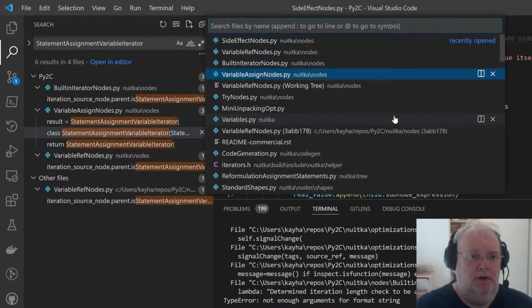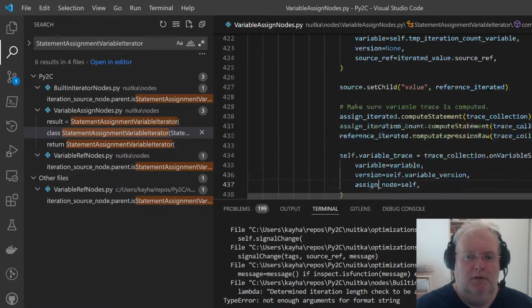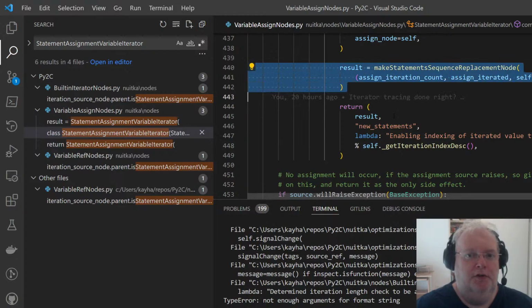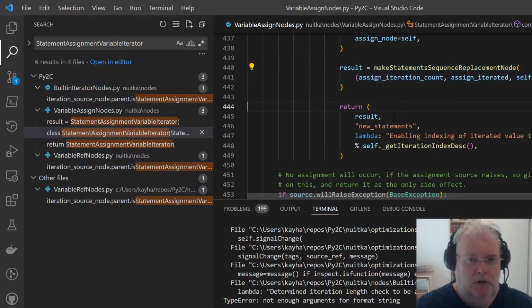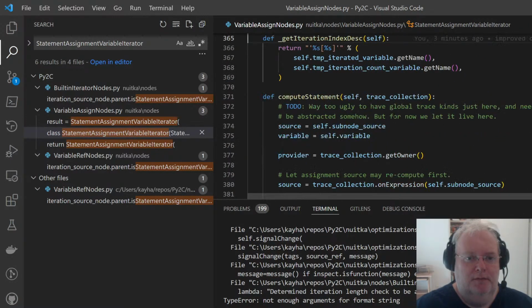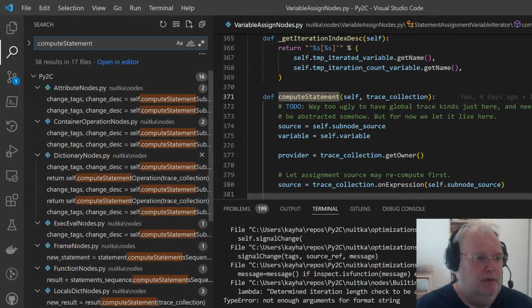So the solution in variable assign nodes was to replace a statement with a statement sequence. So that will just replace itself with 3 statements. And it's actually not, is it so? Am I doing myself a favor with returning a statement sequence? Yeah.